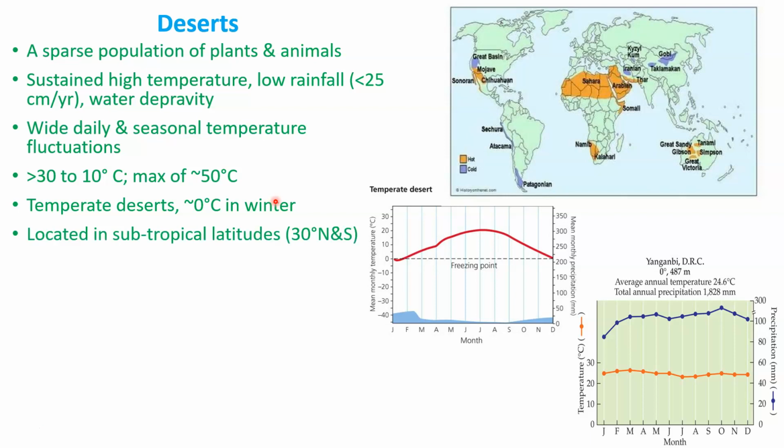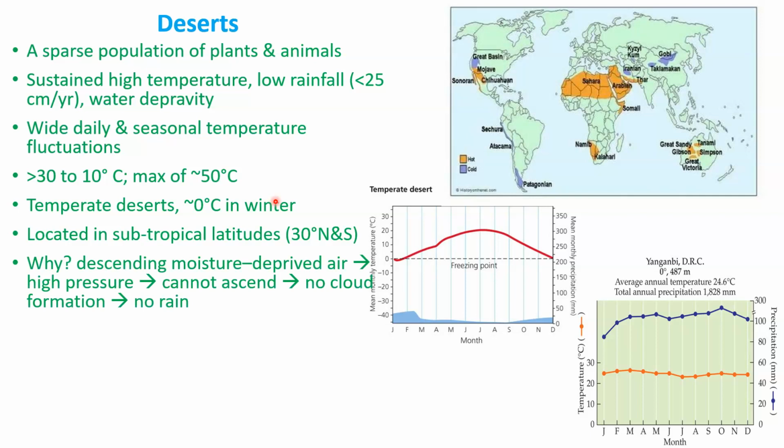The location of deserts mostly are found within subtropical latitudes at 30 degrees north and south of the equator, right? Well, largely north of the equator rather than south of the equator. So what is the reason? Well, if you remember my lecture on the movement of air currents across the planet, in these particular subtropical latitudes, as you should remember, dry pockets of air that are deprived of moisture keep descending, right? These descending dry air pockets create a high pressure.